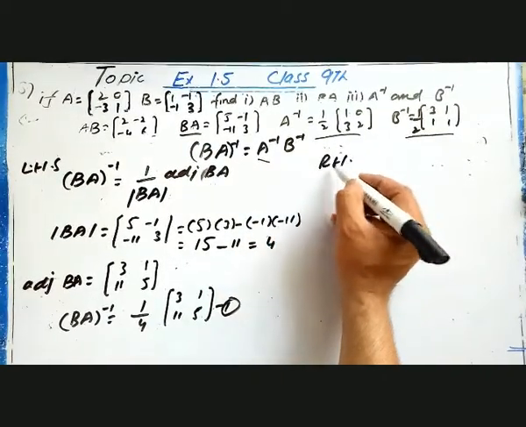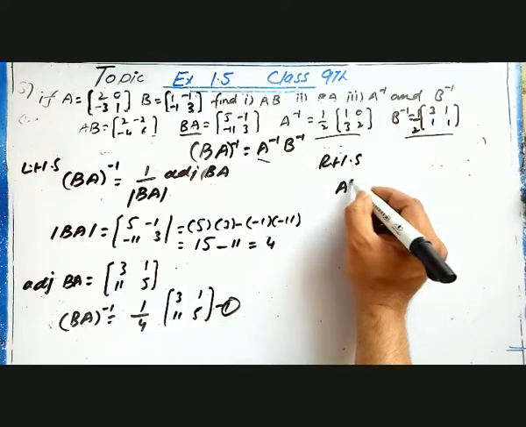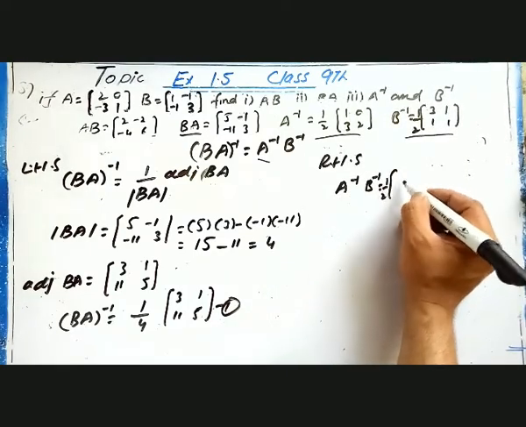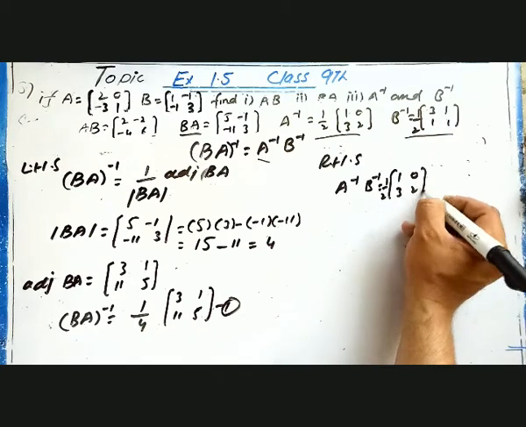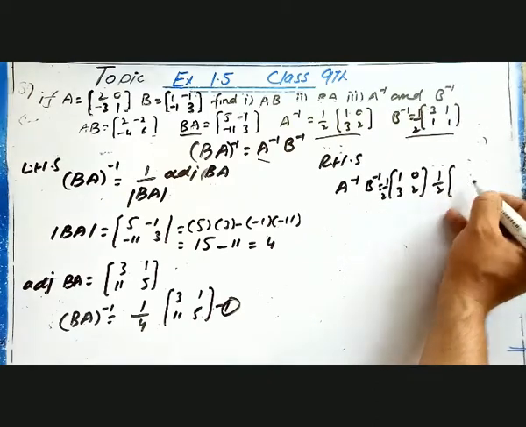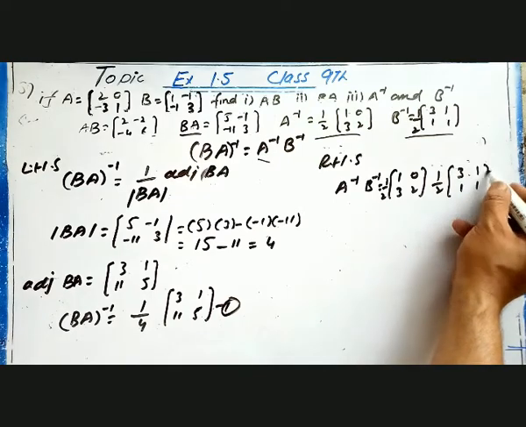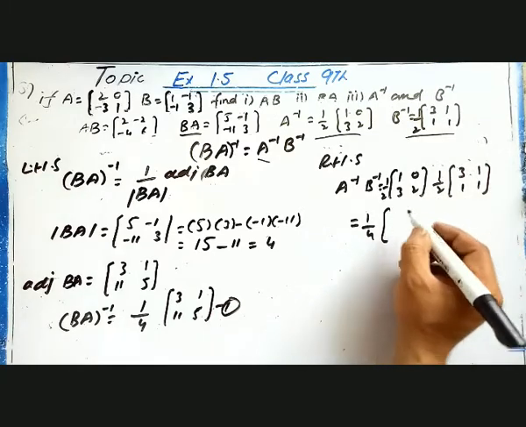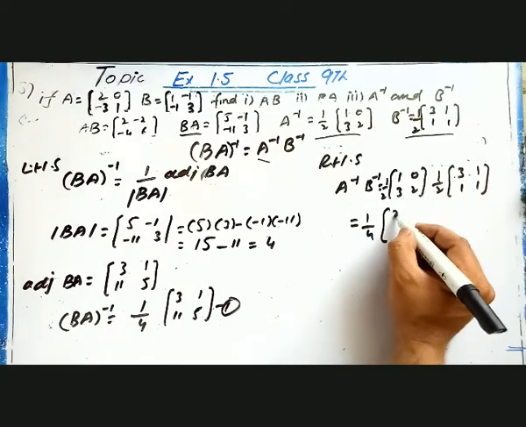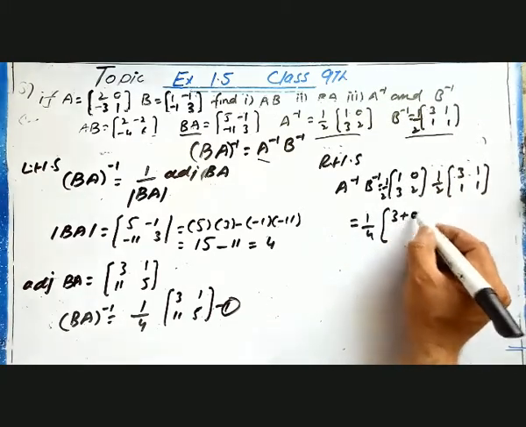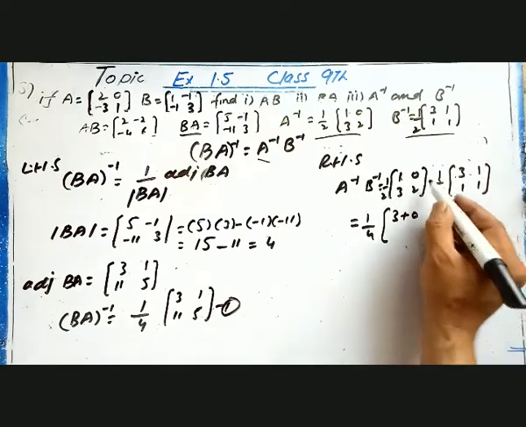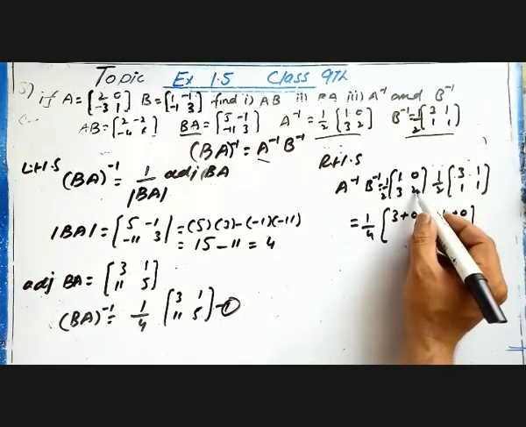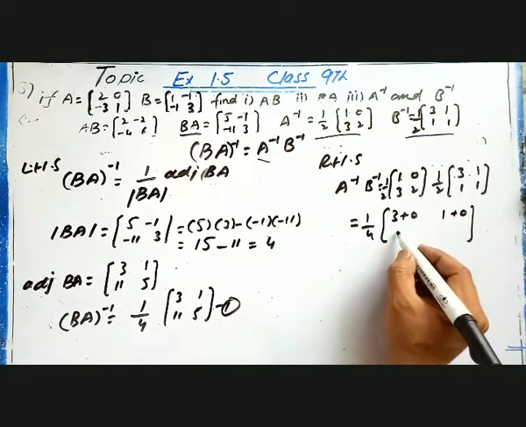Now we have already this one A inverse and B inverse, and here is the right hand side. So right hand side will be equal to, first you have to write A inverse and then B inverse, that is equal to A inverse is 1 over 2 1 0 3 2, and this is 1 over 2 3 1 1 1. So it will give us 1 by 4, 1 by 2 1 by 2 1 by 4, and 1 3s are 3, 1 zeros are 0, so plus 0, and 1 1s are 1, 1 zeros are 0, plus 3 3s are 9, 2 1s are 2, 9 plus 2 is 11,